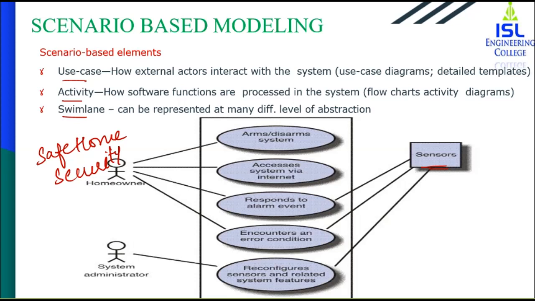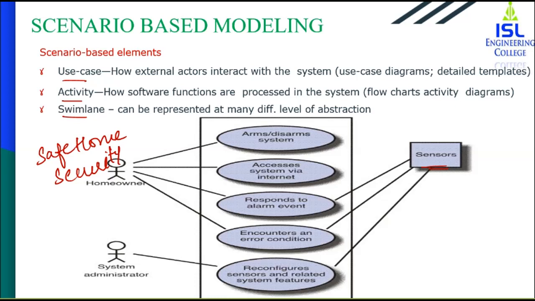Then encounter an error condition. If an error is there, then he is going to check the sensors. Encountering an error, the situation arises when you have activated the system and not all doors are closed. Suppose you've got door and window sensors, and if a specific door is not locked, then it is not going to turn on the system. You need to go and close the window or door, and then you're going to have the sensor activated. Else you've got the system administration. Any configurations within the system or any error, those can be handled by the system administration. That is the use case diagram.